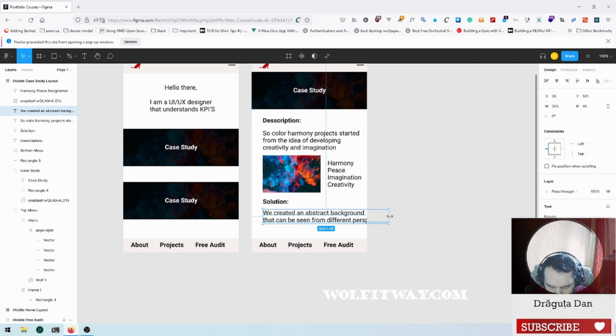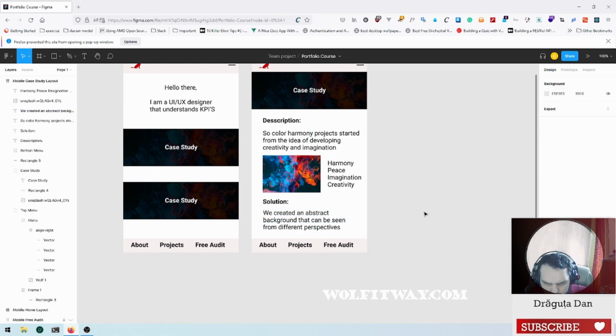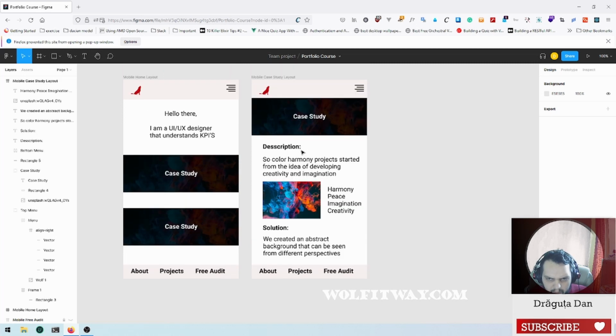Obviously, I can do it like this if we want to see what we wrote. Create an abstract problem that can be seen from different perspectives. Yeah, and that should be our case study. Finished. I think it doesn't look bad, and it can certainly be improved and worked on, but we're heading in the